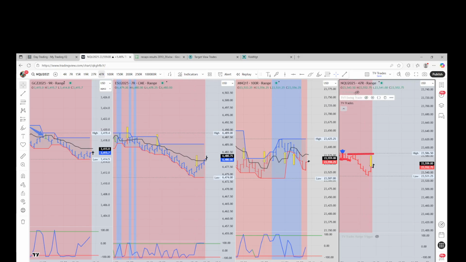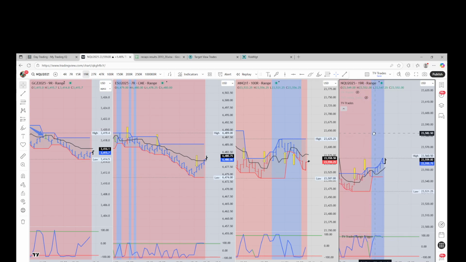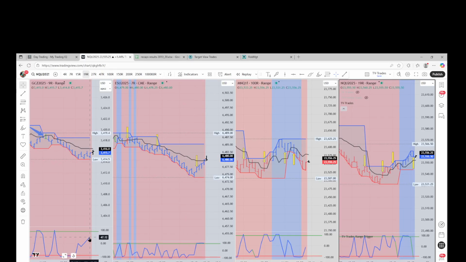Let's see on the NQ. Let's go back to the NQ 19 range, and we'll put the stuff back on here. I explained how the midpoint works for you guys, right? To the point where you could trade it, or you understand it well enough that you might be able to trade it. What we're looking for over here on gold right now,